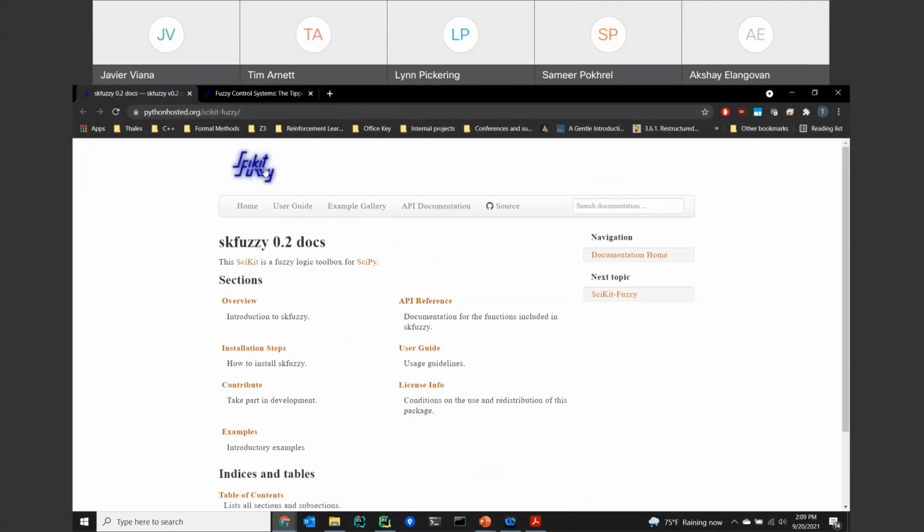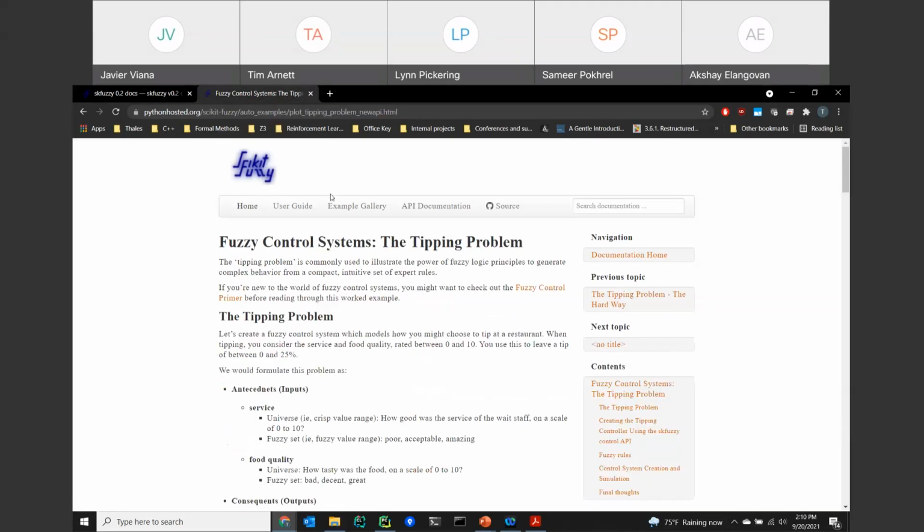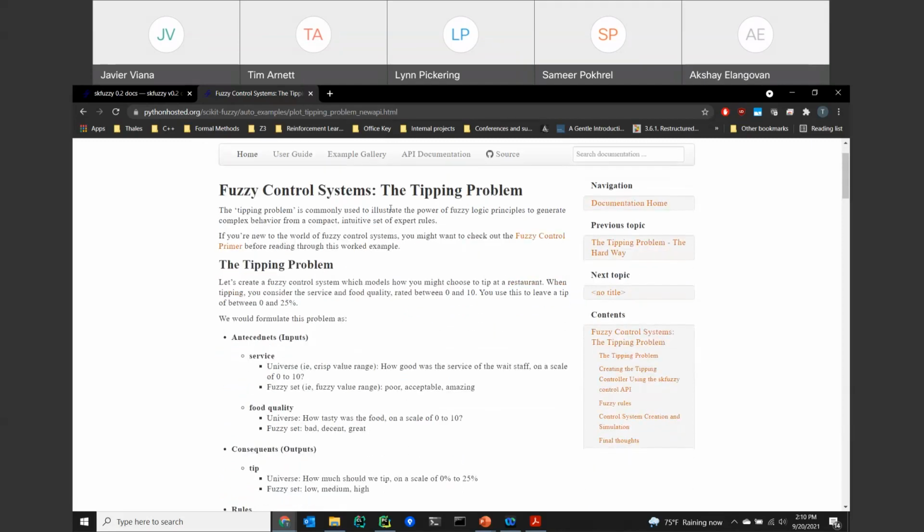And also, this is not a strict recommendation. This is just one that's out there. If you have another one you would like to use, that's fine. If you want to write your own, that is absolutely fine. And in fact, for efficiency purposes, it might honestly be better. Scikit-fuzzy is not known for being that fast in evaluation time. In fact, it does things similar to the MATLAB toolbox, which uses numerical integration for defuzzification, which can make it very slow. However, as an example, I would go to the tipping problem,